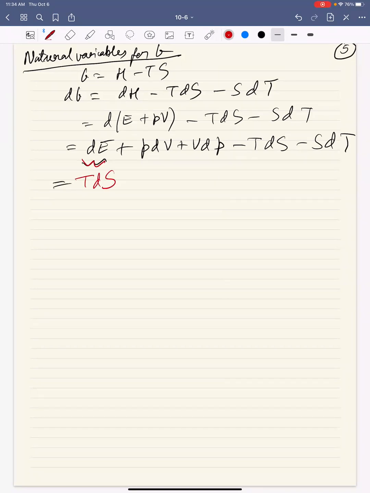TdS. It's a state function, right? Remember, dE is always TdS minus PdV. It's delta Q, which is not always TdS. That's where you have to be careful, okay? dE is equal to TdS minus PdV